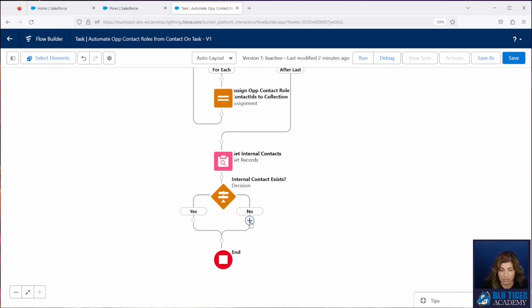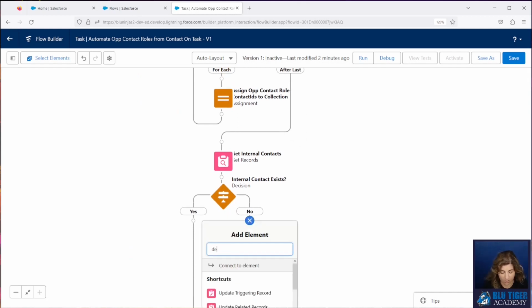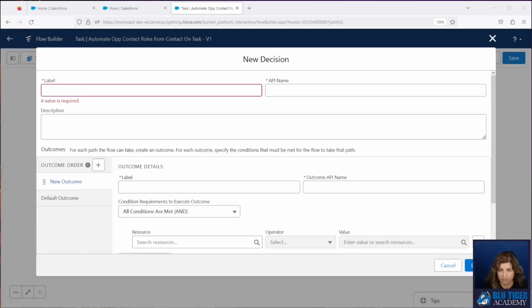Now we need to see if the contact role already exists. So we'll do a decision: contact is a contact role.